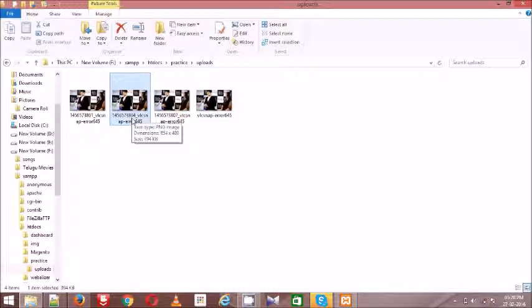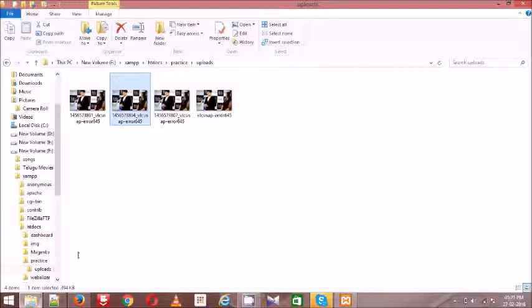Suppose in the production stage there are a few users, and I am uploading the file at the same time, but you are also uploading the file at the same time. At that time my timestamp and your timestamp are the same. At that time we will use sessions, and we will get the logged-in user's id, and then we will add that id to this timestamp and file name. That means first I will get the id of who uploaded this file, then I will get the timestamp of what time it was uploaded, and third I will get the name of the file.